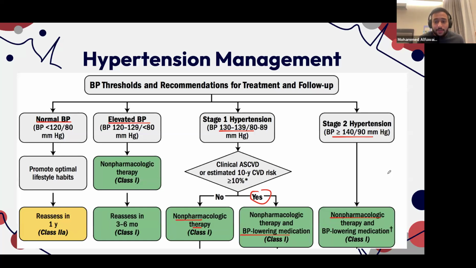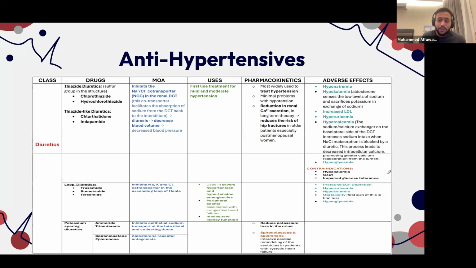So again, ACE inhibitors, ARBs, thiazides, loop sometimes, and then calcium channel blockers. These are the first line medications. Usually you give one of these. Then there are other medications that you can give depending on risk factors that the patient has. Beta blockers is one. And you can give, for example, hydralazine, nitroglycerine, and some other stuff. I'll explain when you give these drugs. So to begin, we'll start with the